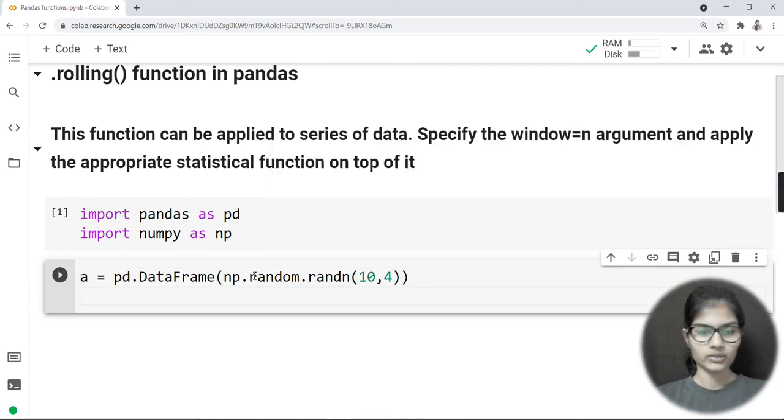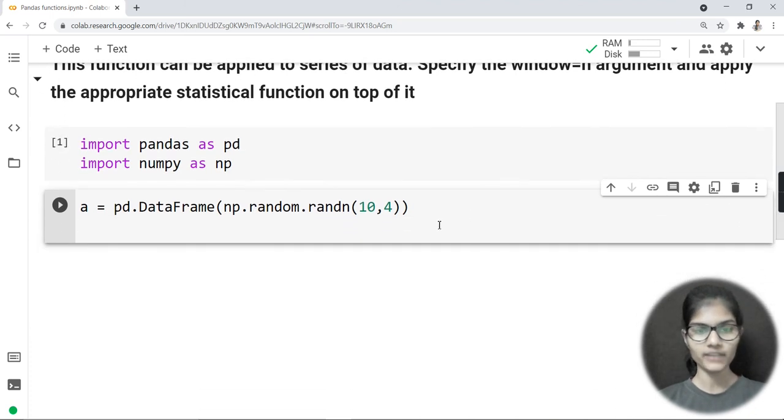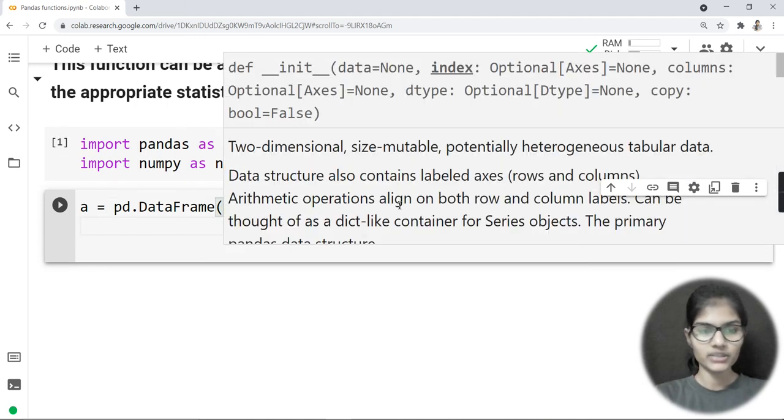Now that is okay. In the first line I have just taken a variable, let's say that is a, and I have defined my data frame using my pandas library. The short form for pandas is pd. So I just wrote pd dot DataFrame, and in the bracket I initialized my random module and some random function from that module. Now I would come to my next line. Here I would put a comma. There are some more parameters which we need to define.